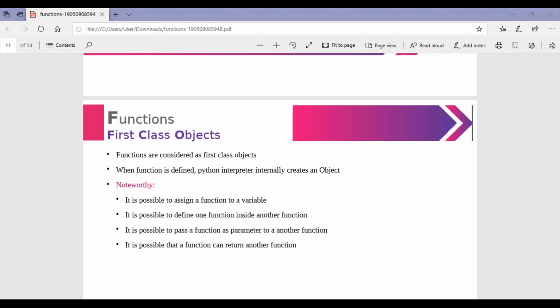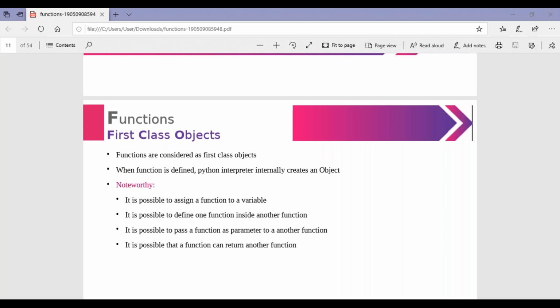Noteworthy: it is possible to assign a function to a variable. It is possible to define one function inside another function. It is possible to pass a function as a parameter to another function. It is possible that a function can return another function.